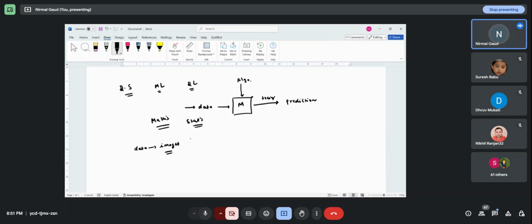What is an image? Sir, an image is made up of pixels. What are pixels, sir? Pixels are picture elements. These picture elements comprise information. That means we can have an image, and this image is made up of pixels. These are the pixels, which comprise information. They have intensity. That is called intensity.